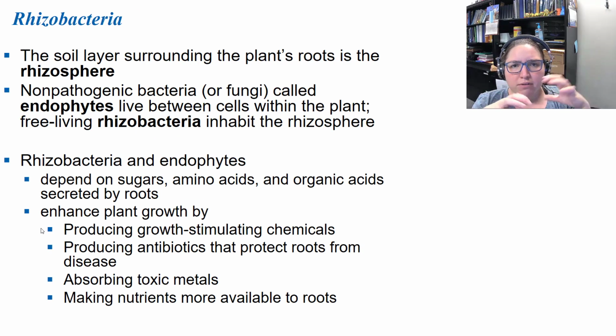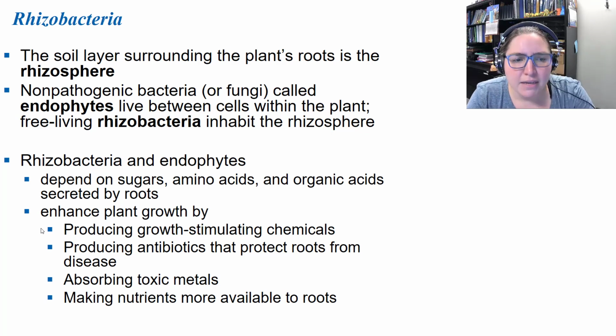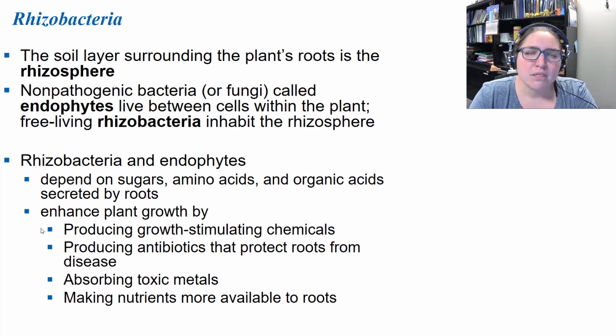The soil layer surrounding the plant's roots is called the rhizosphere. Rhiza is root, right? So the area around the root is the rhizosphere. Non-pathogenic bacteria or fungi called endophytes can live between cells within the plant, and free-living rhizobacteria can inhabit that rhizosphere. Rhizobacteria and endophytes depend on sugars and amino acids and organic acids that are secreted by the plant's roots, and they can enhance plant growth by producing growth-stimulating chemicals, producing antibiotics that protect roots from disease, and